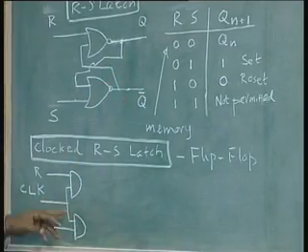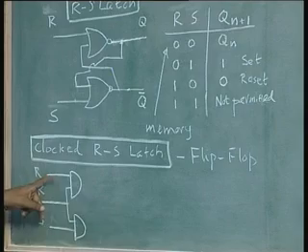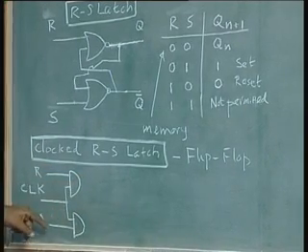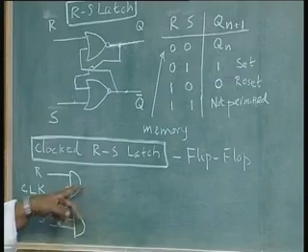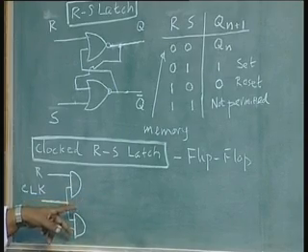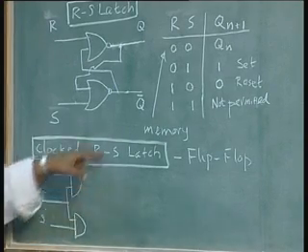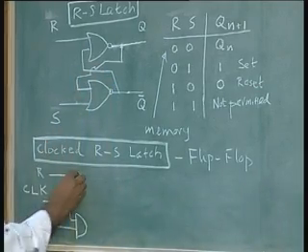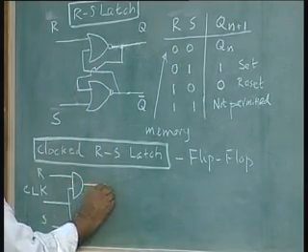On the other hand, when the clock is 1, whatever is there in R will get passed through this gate, whatever is S will get passed through this gate, and then the circuit operation will be determined by either a 0 1 or a 1 0 combination as we wanted. So, in this case this will be the additional